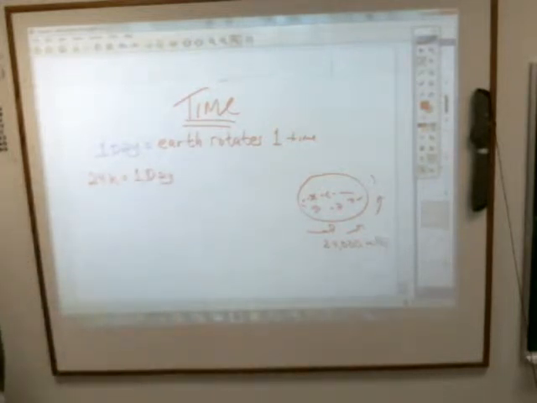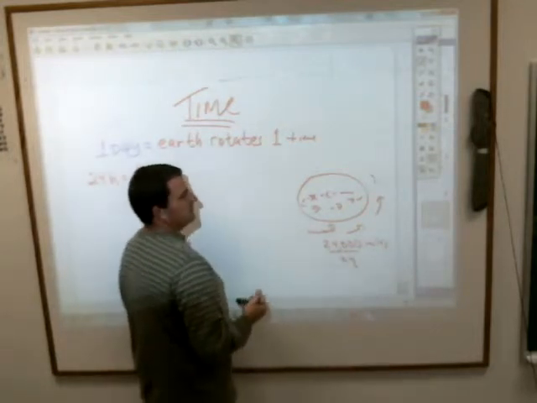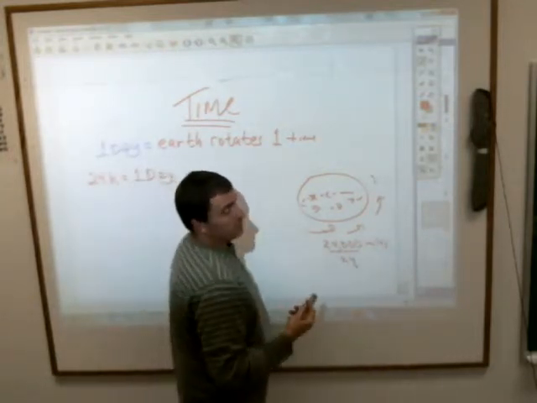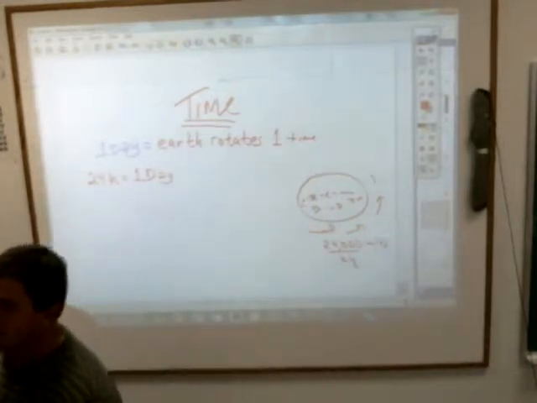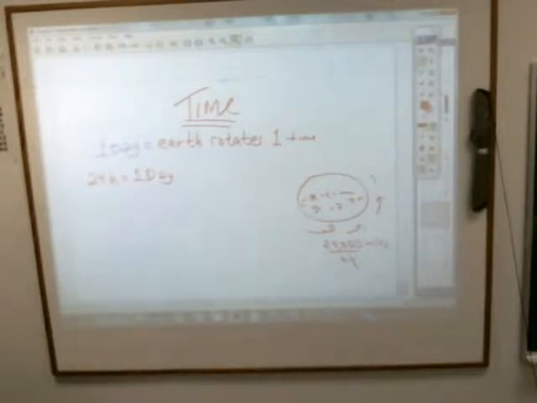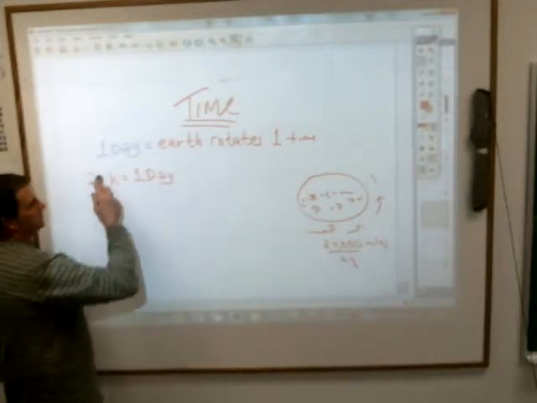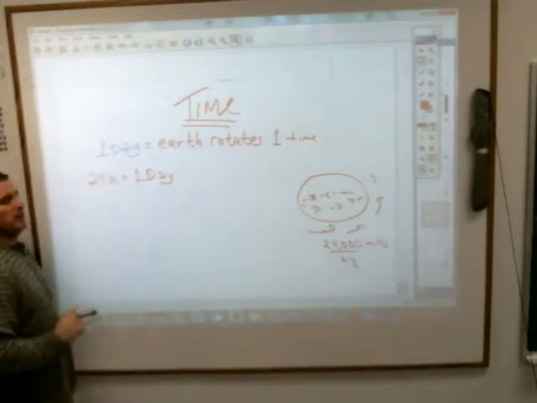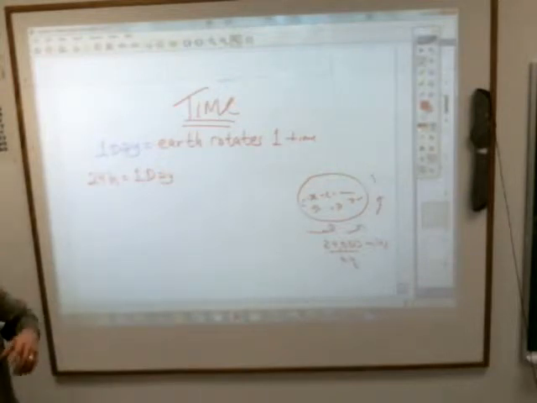Okay. And if it goes around 1 time in 24 hours, that means the Earth is really spinning, even though we can't tell because we're used to it, at about 1,000 miles per hour, which is a relatively fast speed. We don't feel it. Really, we should be shooting off into outer space, but we have gravity that holds us on here. So anyways, that's 1 day. It's the time the Earth rotates 1 time, and that's why we usually get a morning and a night and a day, because we're facing the sun half the time.